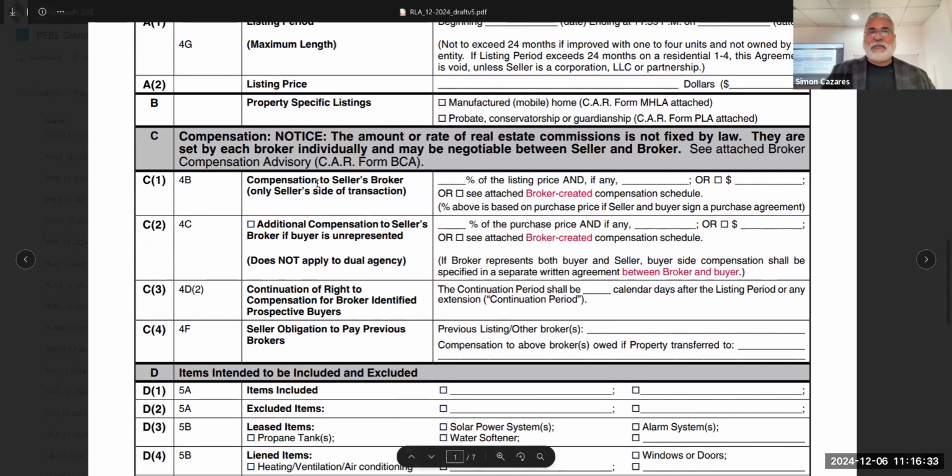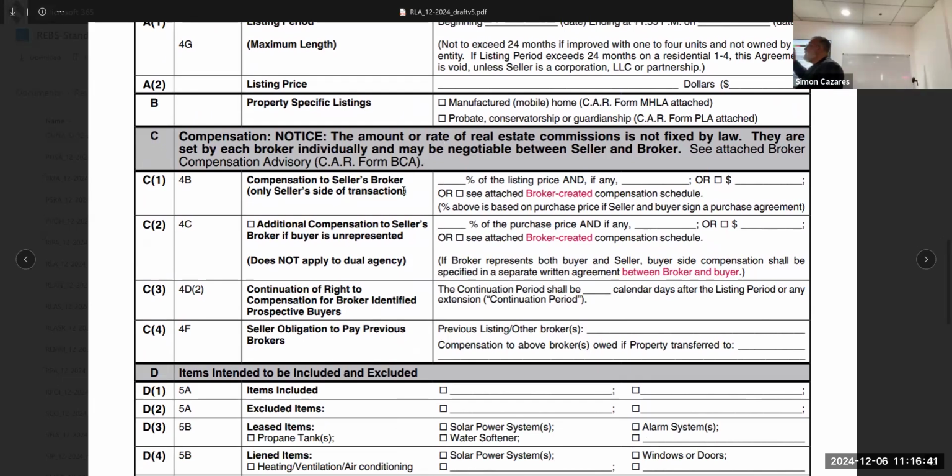So section C1 talks about compensation to seller broker. They've added broker created compensation schedule. So most of you have been receiving or should have received addendums that we created personally in-house, right? With all of this chaos and changes, right? We've created a form that if the seller is willing to pay concessions to the buyer or the buyer's agent, then we created a supplement agreement. So that's what broker create form means,